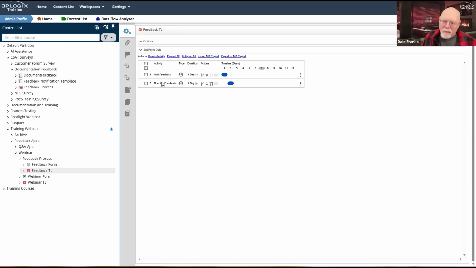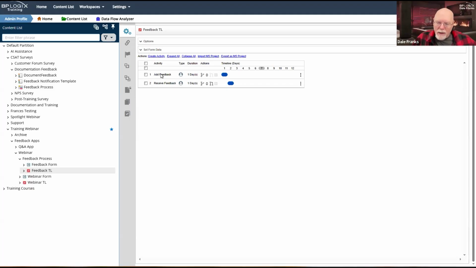So I now have a feedback process, but you're going to have to think about what your feedback process looks like, how long it's going to last, who's going to participate, or whether there are any participants. Well, there will always be one. You will always have to have the add feedback activity, even if all you're providing is an email notification, just like the document feedback does.